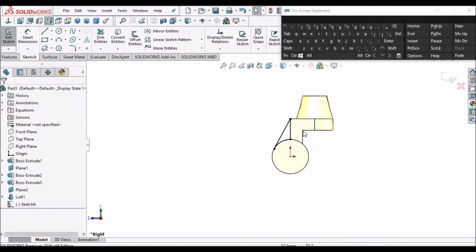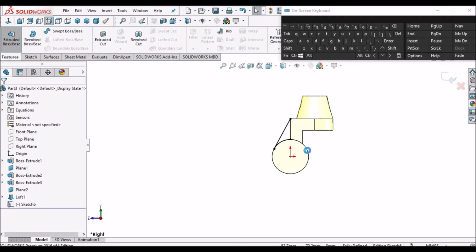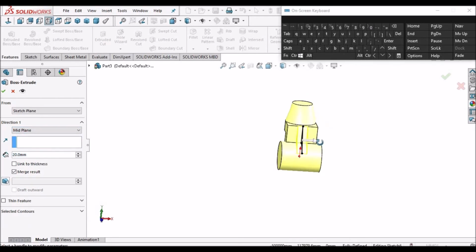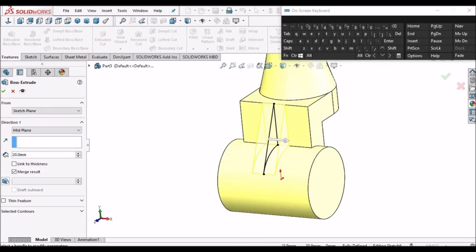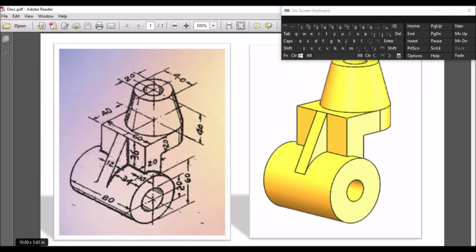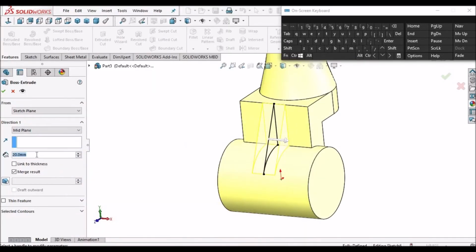Okay, go to feature, extrude, mid plane. See, this is 12 thickness. So say okay.